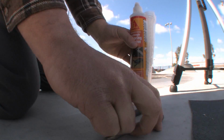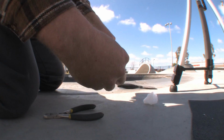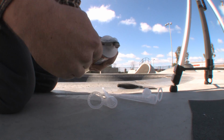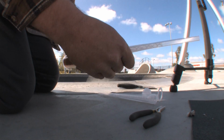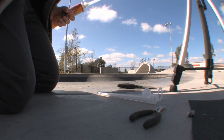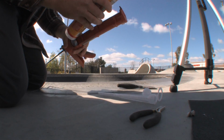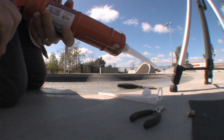Okay. So, the tube. Inside there's this little thing. You're gonna have to have dikes, and you cut it off and put the tube on. Definitely gotta have your caulk gun. Don't go anywhere without your caulk gun. So get that in there,